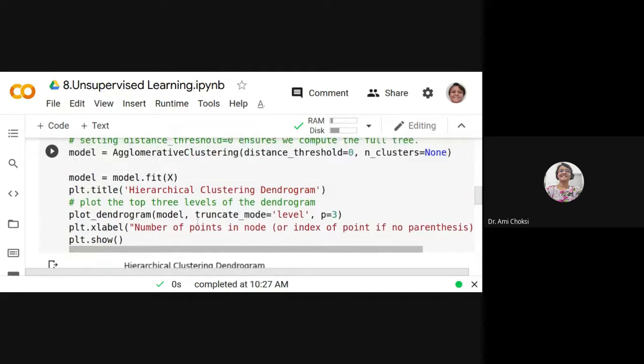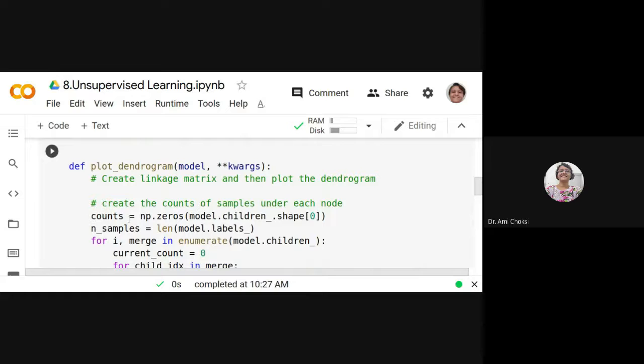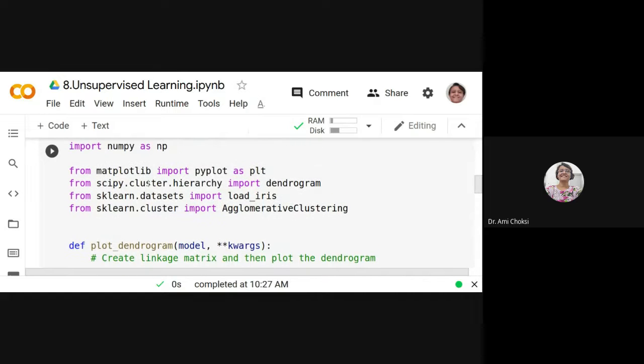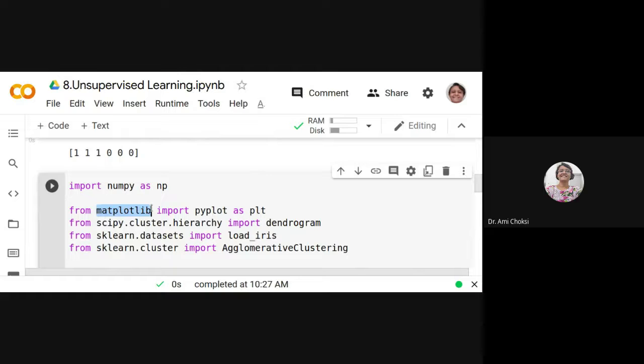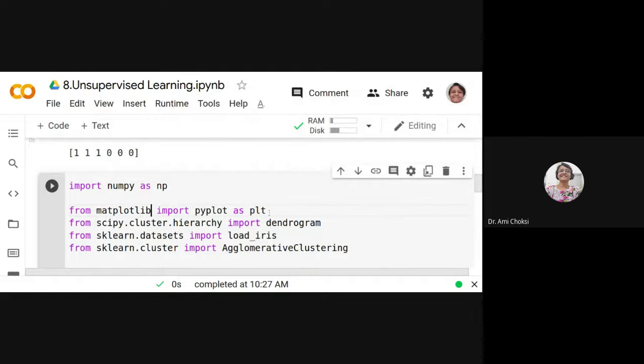So for drawing the dendrogram, here we have made one function. You can see what is required for plotting the dendrogram, right? Here we import numpy as np. Now we want to have matplotlib, so from matplotlib import pyplot as plt.